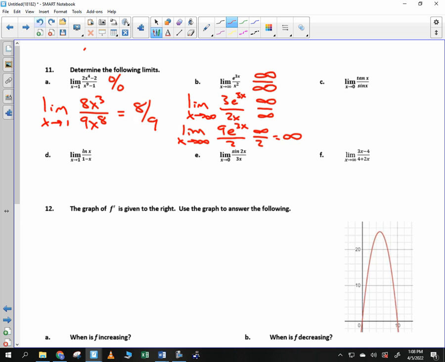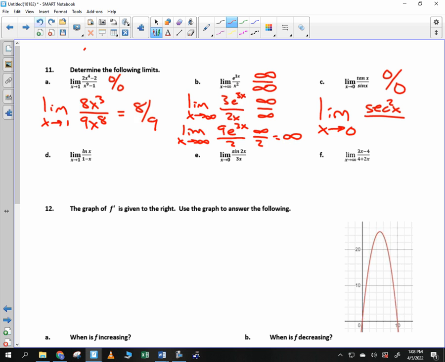Limit as x goes to 0 of tangent over sine. Plug in 0 for tangent. What do you get? 0. Plug in 0 for sine, you get? If I get 0 over 0, I could go ahead and use L'Hopital's rule. I have the limit as x goes to 0. You all remember what the derivative of tangent is. Secant squared of x